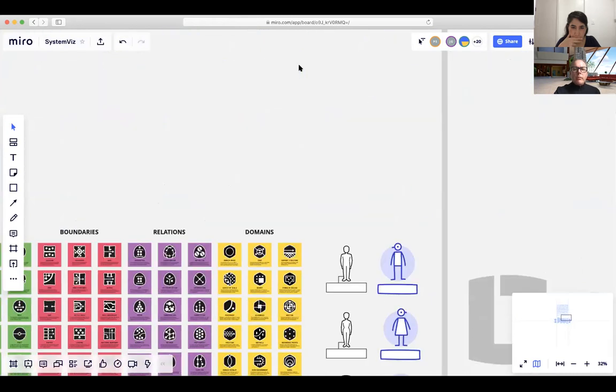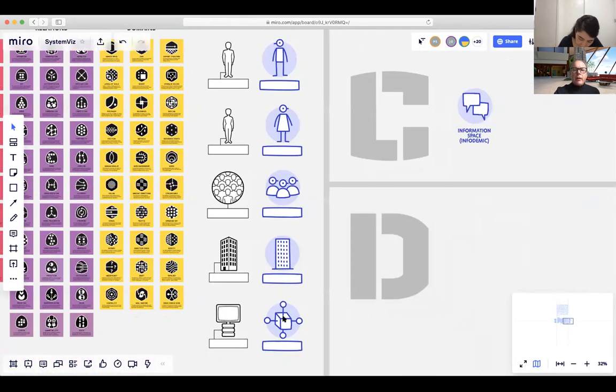But one thing to note also is that I have a few generic items here on the side, done in 2 different illustration styles. So this is the more technical illustration style, and this is the stick figure style. And I have a few subjects that you can fill in: individuals, groups, organizations, and then technologies or platforms. And sometimes, when you're doing this in a group session, it's useful to have cards where you can assign, for example, a particular role or a particular interest or stakeholder or something like that you want to write in